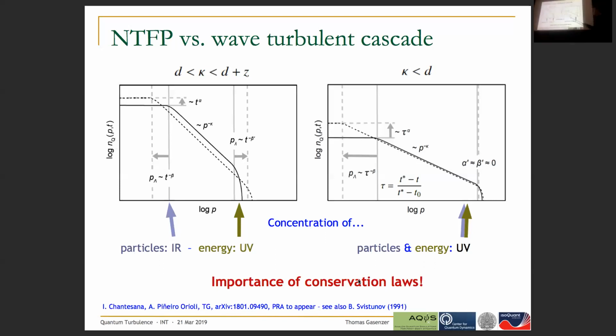You will see that if you shift out the cutoff to the UV, you will shift out both particles and energy with this cutoff. So they are at the same scales. So by rescaling these two scales, p small lambda and p large lambda, you cannot conserve particles and energy at the same time, because the energy, as I said, scales with a different power law. Because of that,